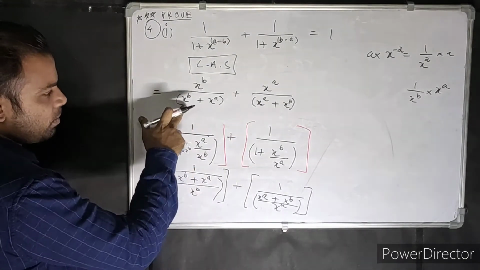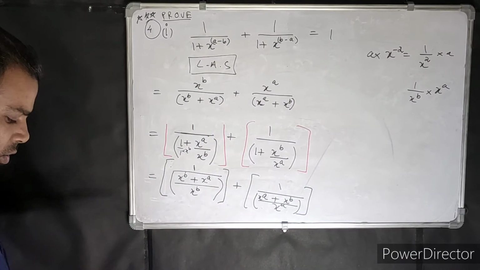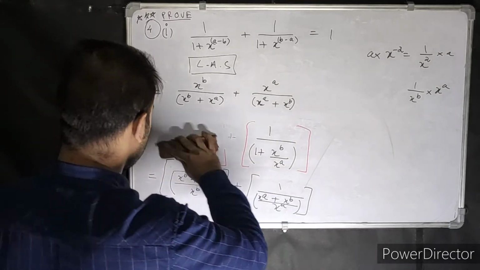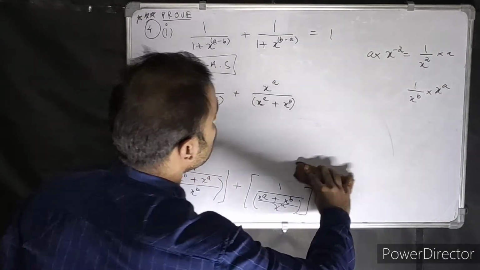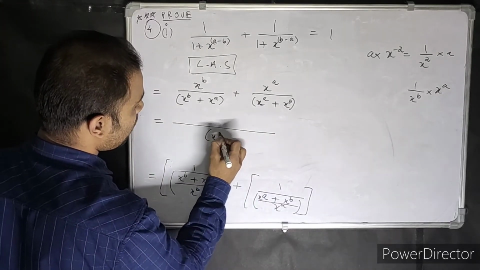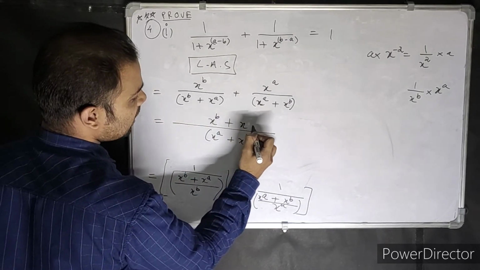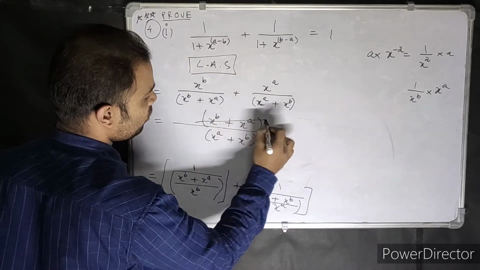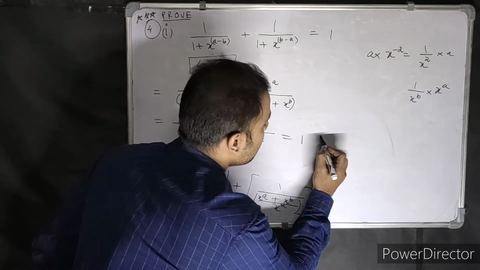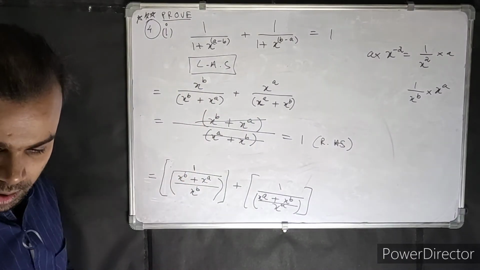So this went up, x to the power b, and x to the power b plus x to the power a is the denominator now. Again, same thing. Now these two terms are the same because they are added. Okay, so when you have the same denominator, what happens? You just add up the numerator and take the denominator as common. So that is x to the power a plus x to the power b. You can write it any way you like. Now you write x to the power b plus x to the power a. Write it however you like. Cancel it. Now it's 1. So you have proved that this value is equal to your RHS. That was 1, that you had to prove equal to 1. So this question 4 part 1 is also over.